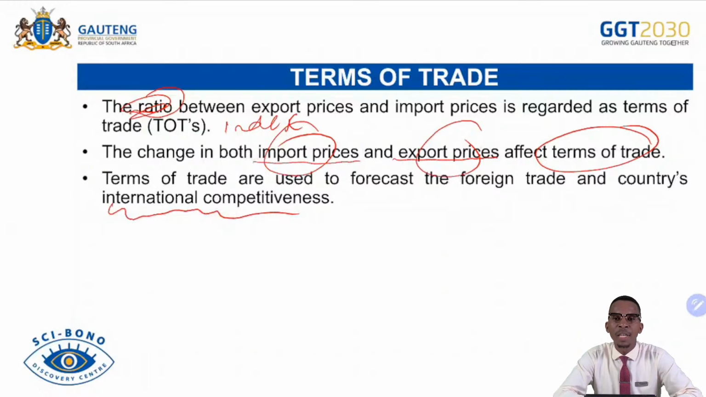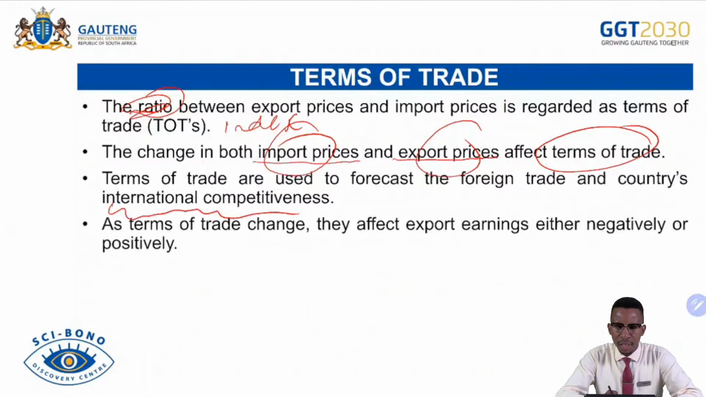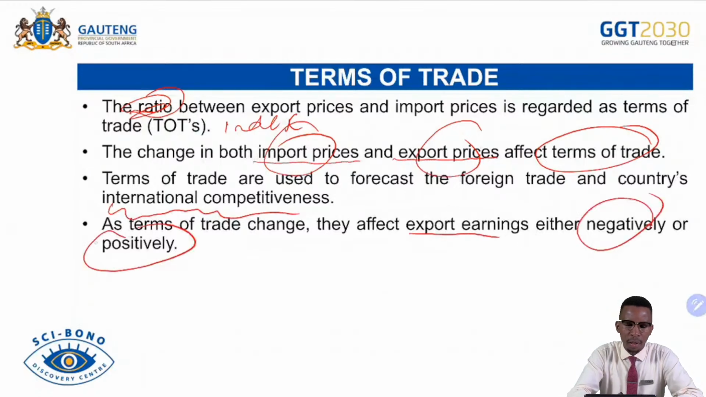If terms of trade for the country are increasing, that means the country's exports are very much competitive in the foreign market. But if terms of trade are declining, that means the country's exports are not competitive in the global market. As terms of trade change, they affect export earnings either negatively or positively. If we talk of export earnings, we talk about the income earned from exports abroad. So if terms of trade are increasing, there will be more export earnings, which can only happen for the short run if goods are